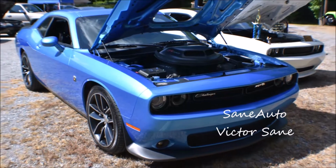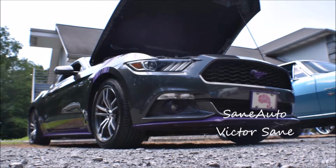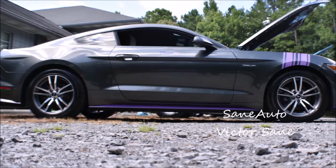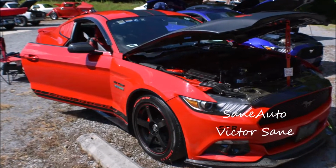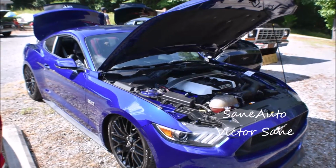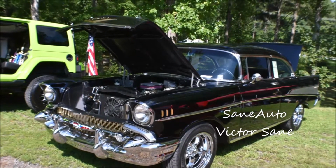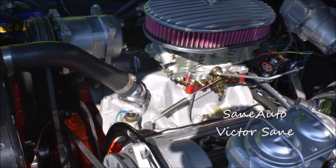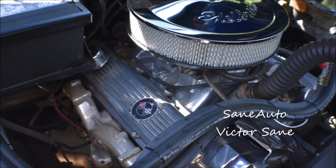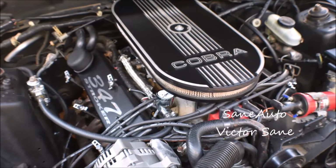Lee Troy's 2016 Dodge Challenger Scat Pack Shaker, Sonia Neves' 2016 Ford Mustang EcoBoost Premium, Craig Freeman's 2016 Ford Mustang EcoBoost, Travis Lawson's 2016 Ford Mustang, Ricky and Pat Stone's 1957 Chevy Bel Air, Bobby Moore's 1955 Chevrolet 210, Shane Checkan's 1995 Ford Cobra Mustang SVT